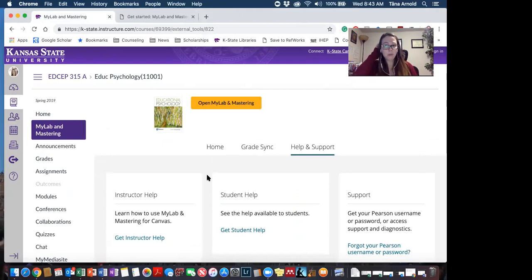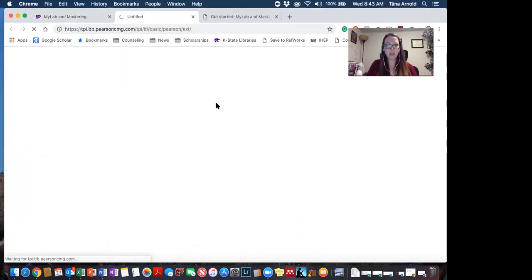It's very difficult for me to try to troubleshoot over email, so that's why I'm saying it'll be best if we're really not able to get logged in by Monday, that we will schedule a one-on-one meeting to see if we can troubleshoot together in person. And we'll talk about what MyLab and Mastering looks like on Monday also. We'll go over it. I think it looks a little bit different on my end since I am an instructor.